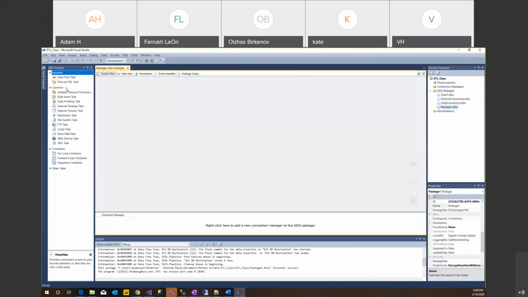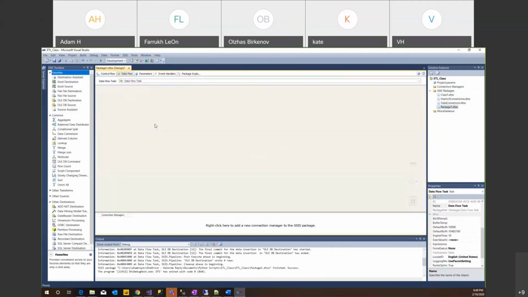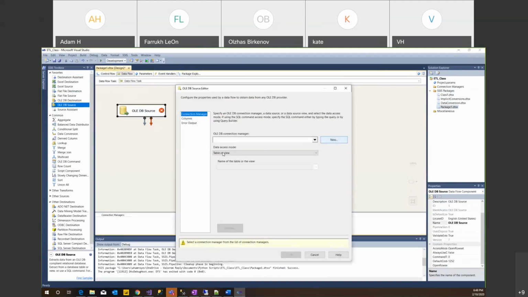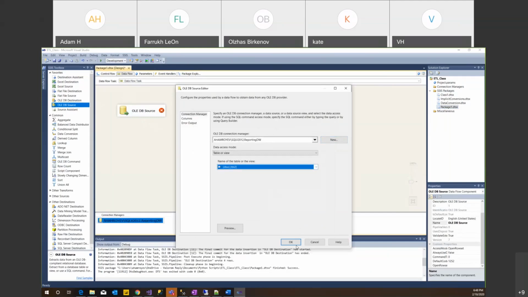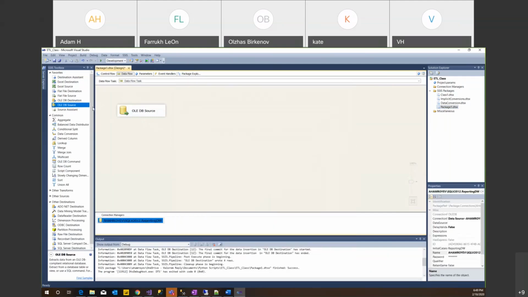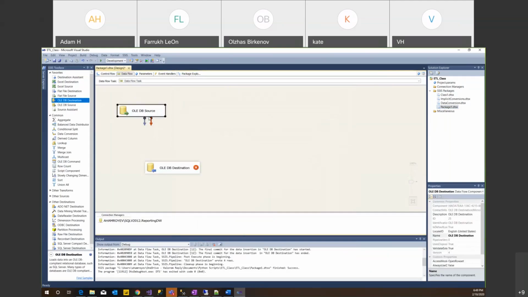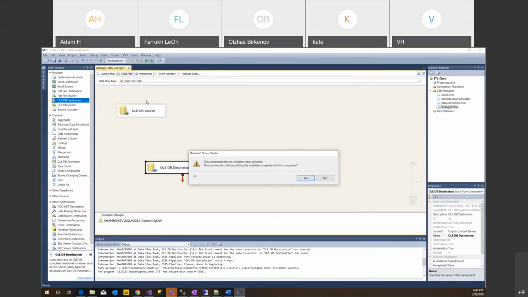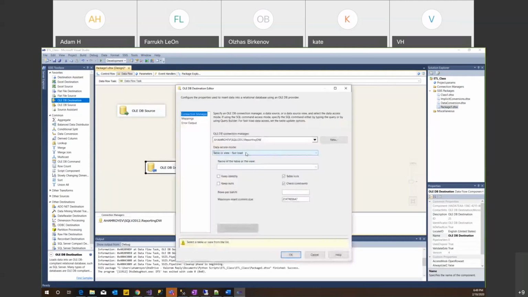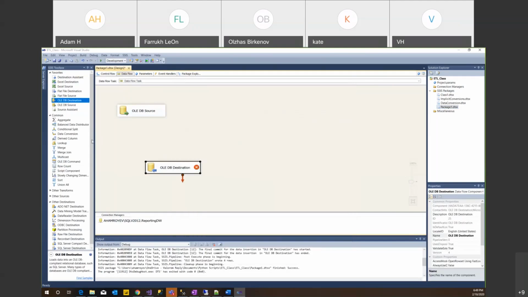New package, data flow, and source, which is going to be OLEDB source. We're still using the same source. Same table. And destination. It's saying that it's not connected. So we say, okay, for now, that's fine. Table 1. Okay. So this is derived column, data conversion, data derived column. They're right next to each other because basically derived column, what it is